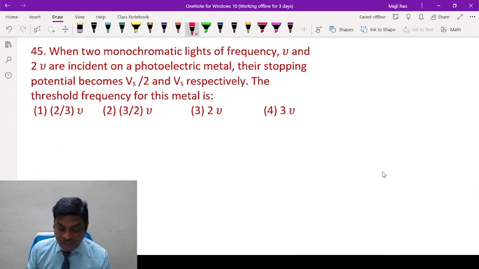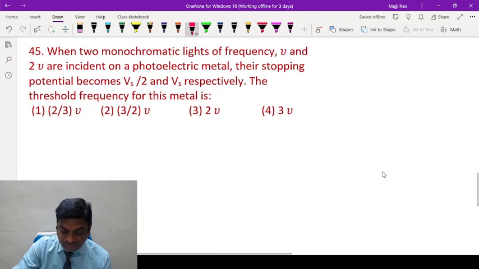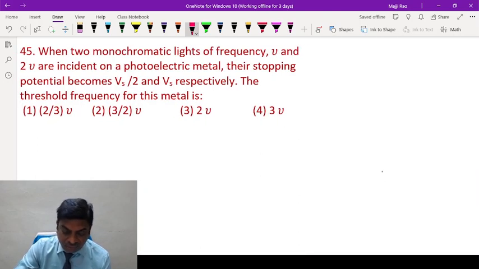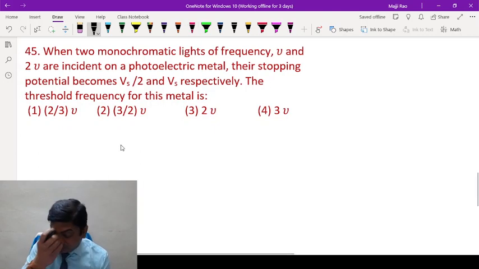When two monochromatic lights of frequency nu and 2 nu are incident on a photoelectric metal, their stopping potential becomes Vs by 2 and Vs respectively. The threshold frequency for the metal is. Okay. Now here